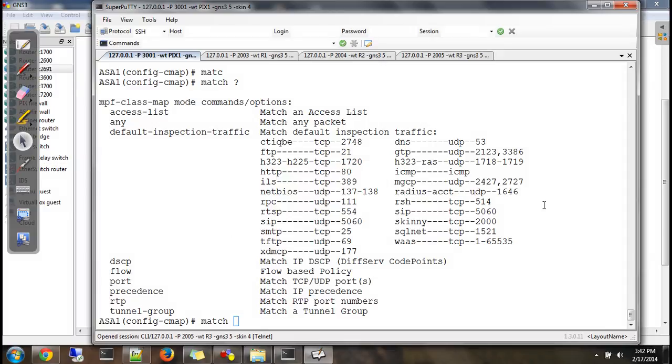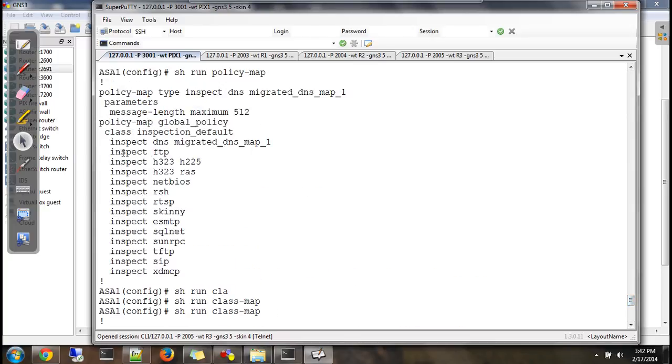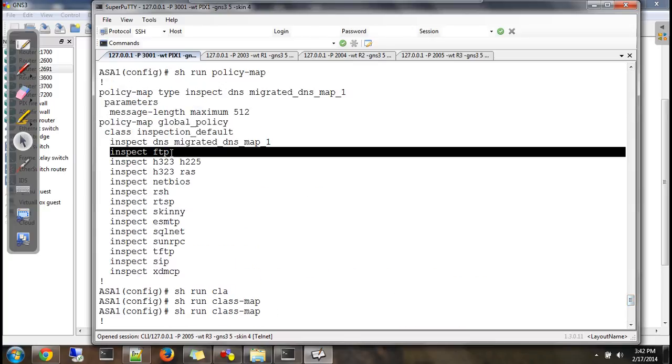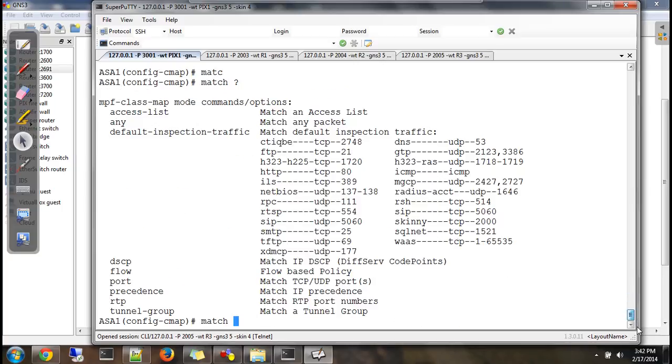That's why when you do show running policy map and you see these things, it's saying inspect FTP. Inspect FTP, okay, but where? Where is the traffic for FTP? Which traffic should I inspect? You should inspect this traffic. Which traffic? Any FTP traffic coming on TCP port 21. Can you relate this?